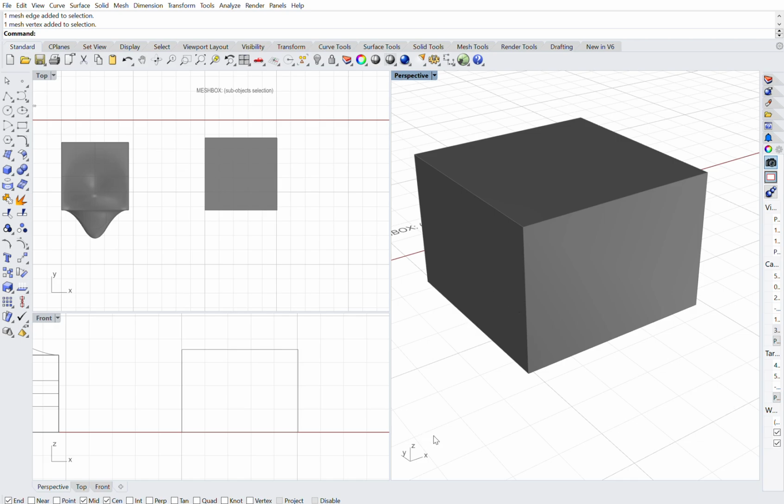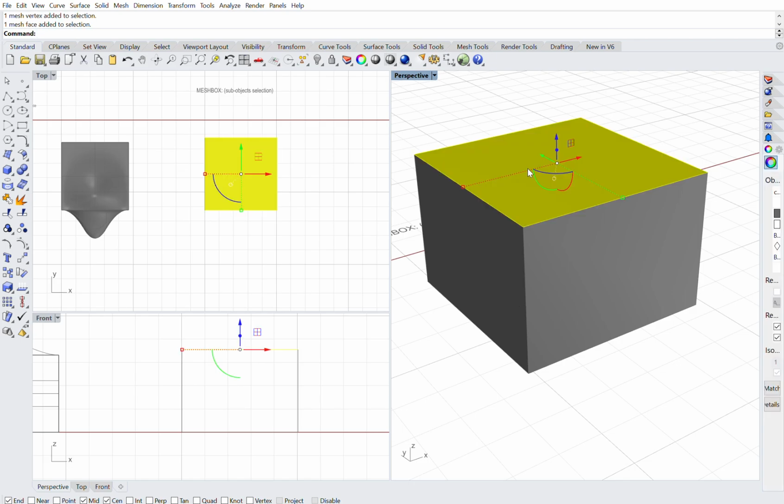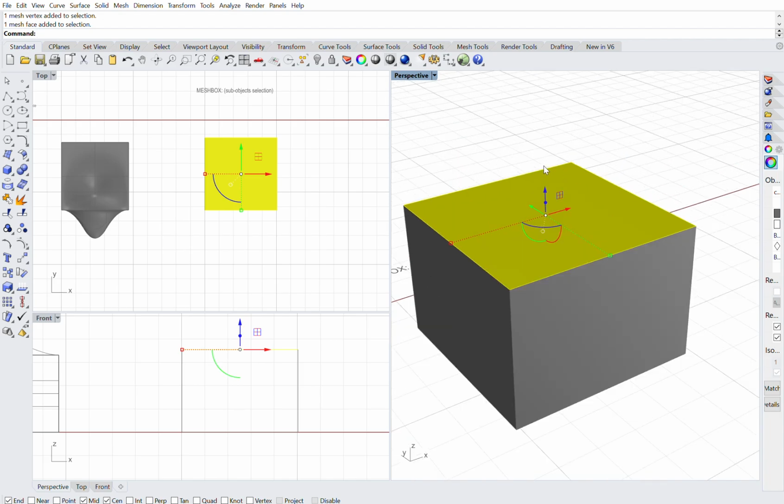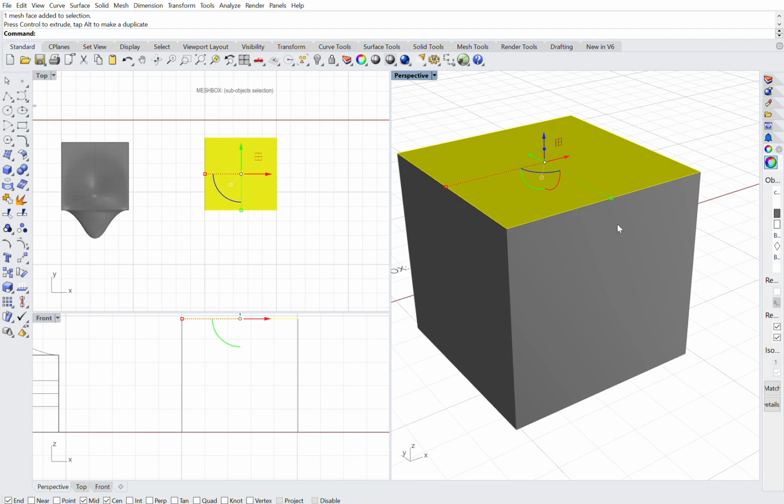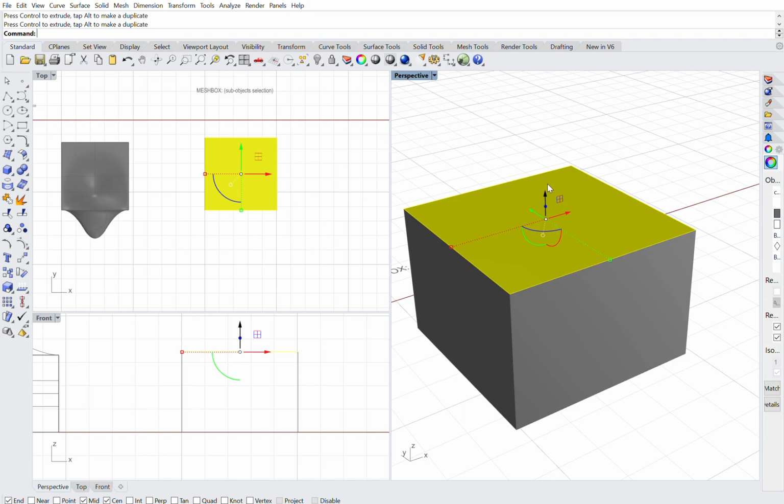Okay, and make sure, look down below if your gumball is on. For this exercise, we're going to use gumball, right? And let's select this mesh. Now with the gumball, we spoke about if you were to use just the dragging operation of this, so if you were to drag the arrow, it simply stretches the object itself, right? But if you were to drag it using that little node along the arrow,